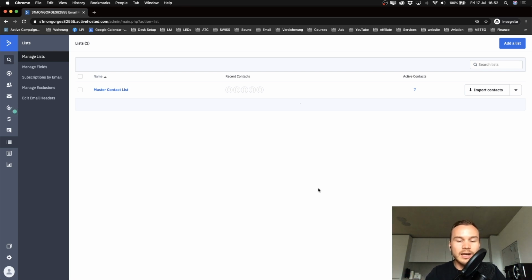But for now, let's go ahead and create a form that you can put on a website. Again, if you don't want to do that, then just skip ahead to the next part of the tutorial. All right, so to create a form, we go to the left side here, and we're gonna look for the form icon, which is the second one on the bottom. It says forms, so I'm gonna click on forms,